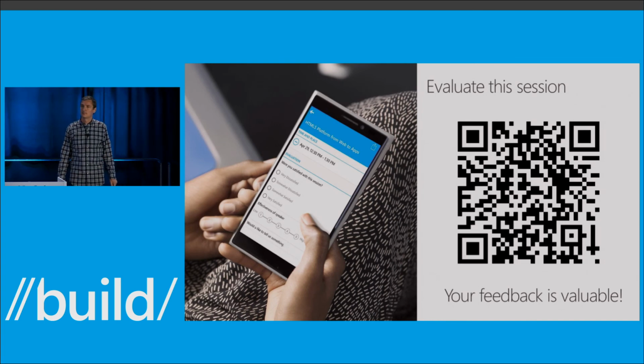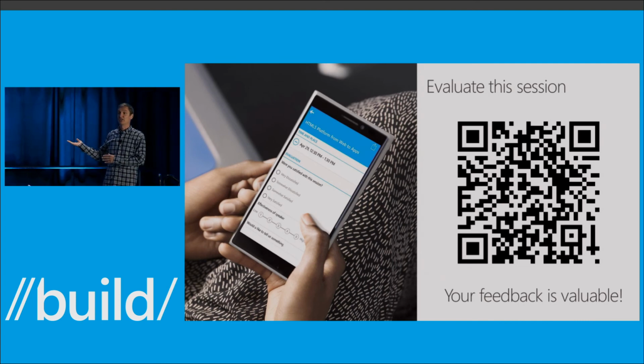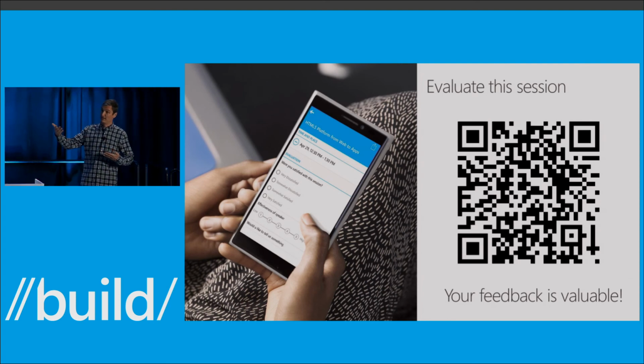My question is, if you have a CID in the link that drives people to the store, is there a way to track those users if they've downloaded afterwards for in-app purchases and things like that? Correct. So this is the use case that we talked about where your app can query the CID at runtime. If your app grabs the CID and you send it to your own service or some third-party analytics service, then you'll be able to use this to track that user over time, track their purchases, and understand what revenue you're getting from them, for example.